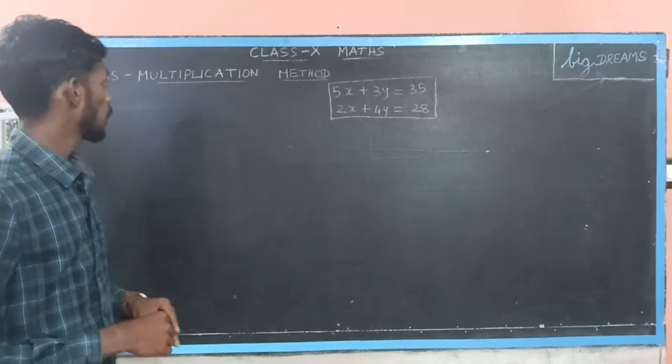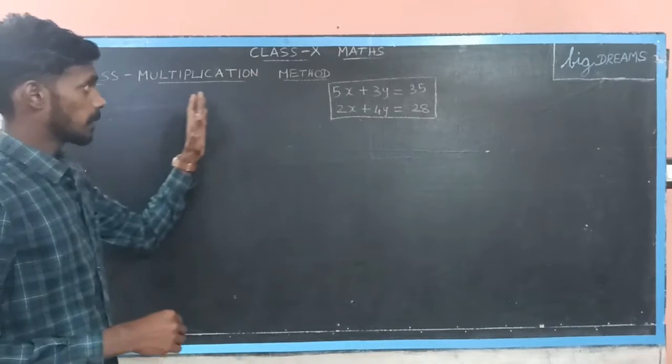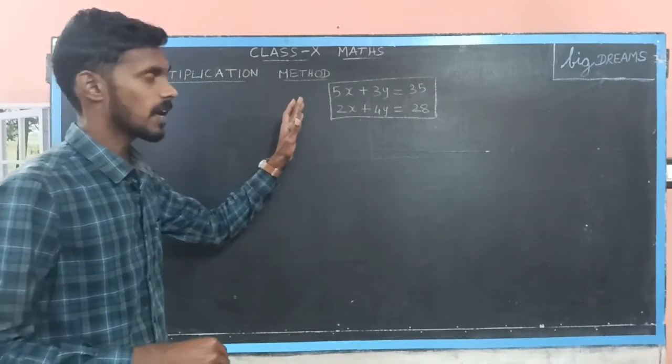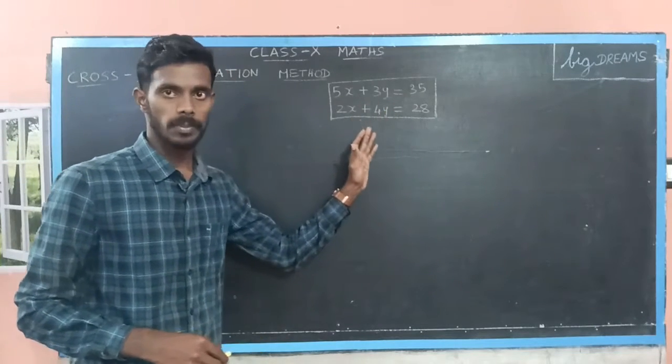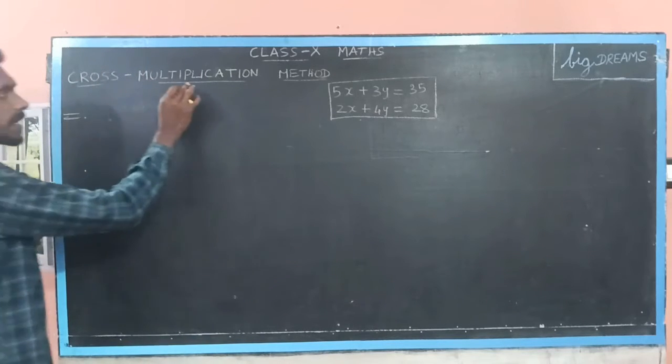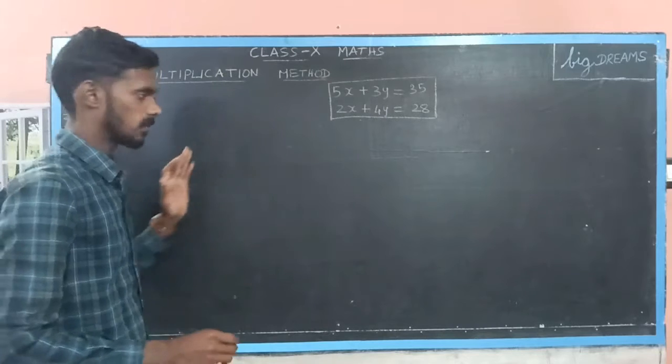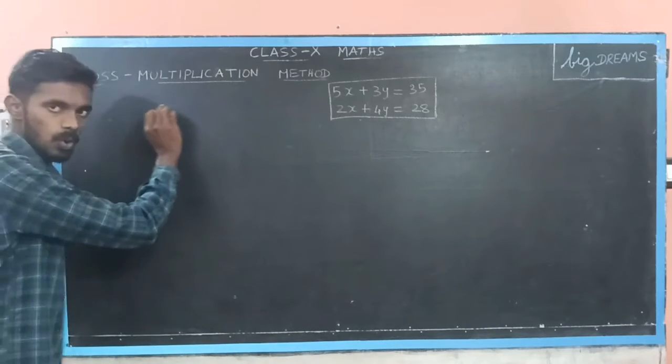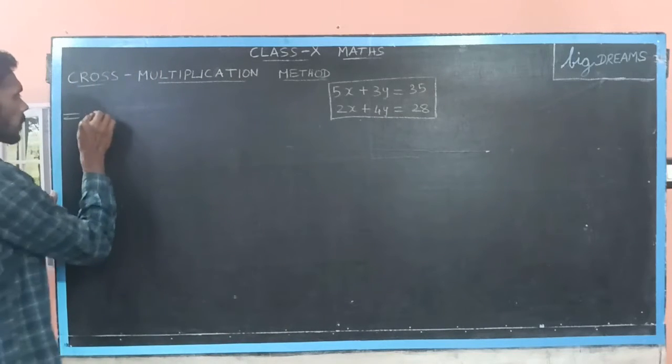In this session, we are going to see about the cross multiplication method to solve a pair of linear equations in two variables. Let me explain the cross multiplication method with an example. The steps to be followed in the cross multiplication are: